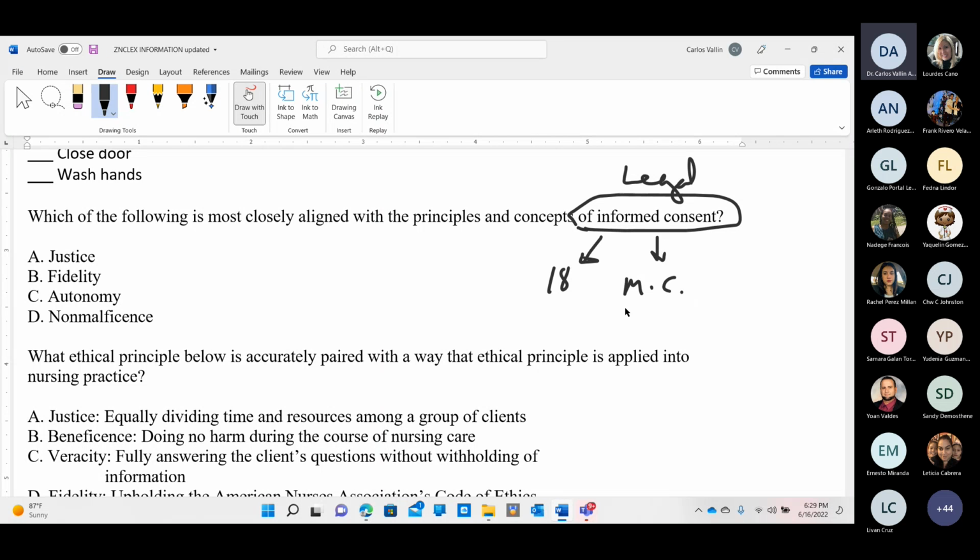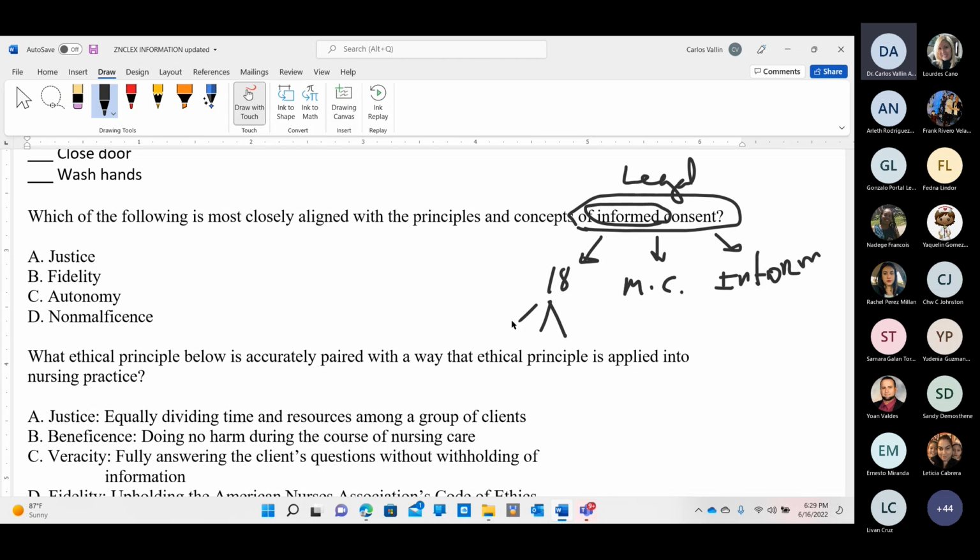So you cannot be drunk, you cannot be in a coma, you cannot be, I don't know, on the reaction of drugs that alter the mentation. And the most important, the topic that is more frequently tested in NCLEX: the patient must be informed. So for a person to be allowed by the nurse to sign an informed consent, they need to be 18 or older,